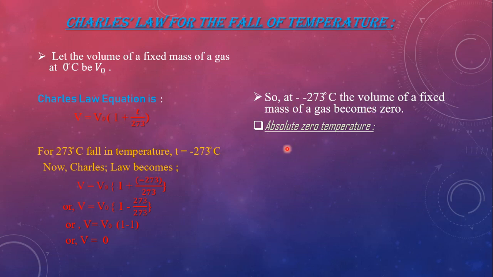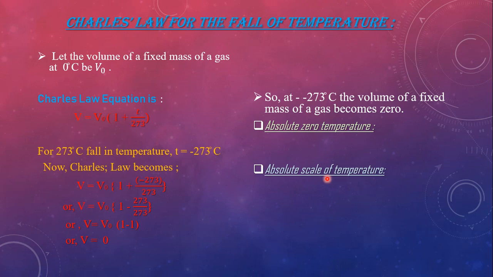So at minus 273, volume of fixed mass of gas becomes zero, and this temperature is called absolute zero temperature. Now you'll have to write the definition of absolute zero. It's there in your book, right? It's plain and simple. And also absolute scale of temperature. Now what is absolute scale of temperature? Scale of temperature, until now we've been using say degree Celsius and degree Fahrenheit. These are scales of temperature. These are the temperature units. Okay. So now we devise, not we, actually Kelvin did this.